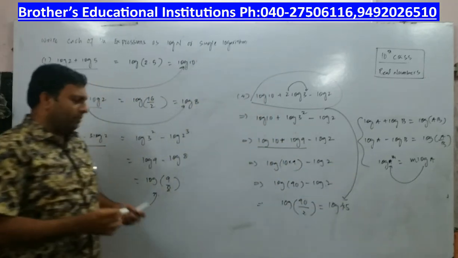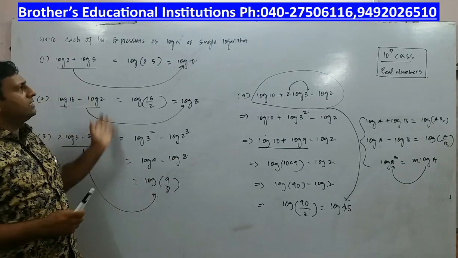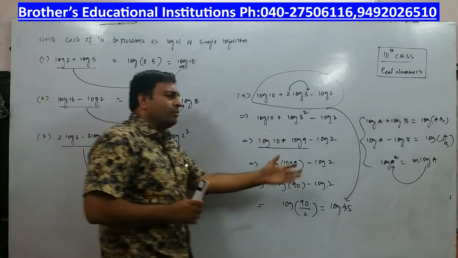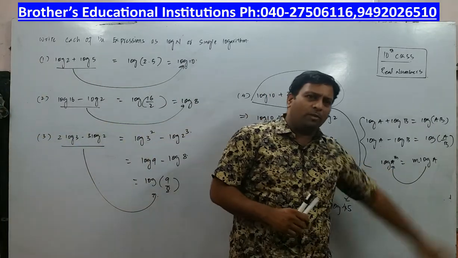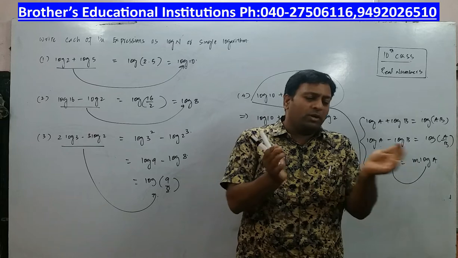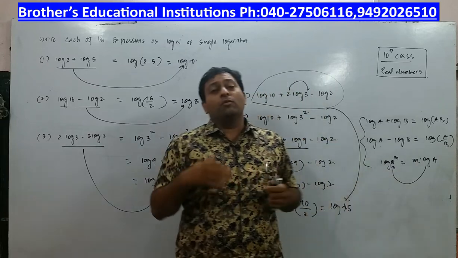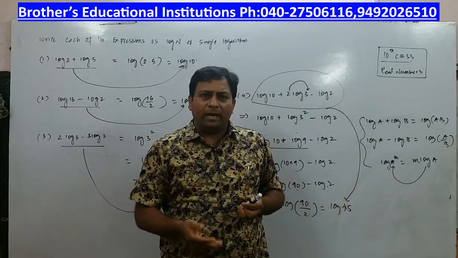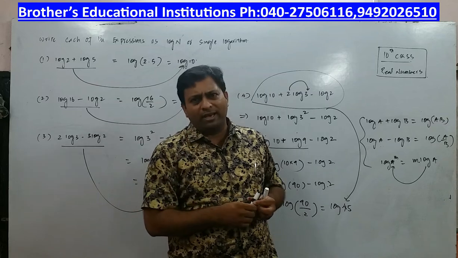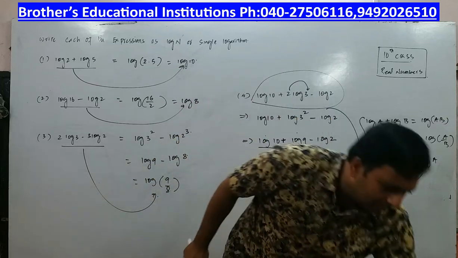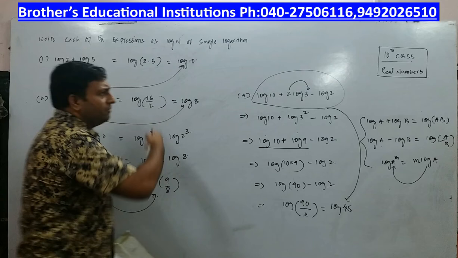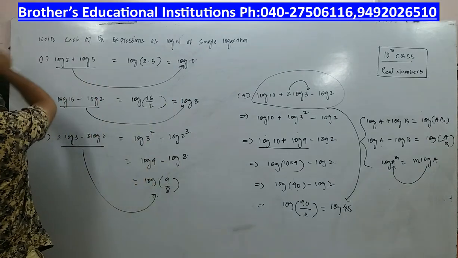So you could convert this entire thing into a single logarithm. That's what the problem is all about. You have to convert all these things into single logarithms. I'm sure if you are perfect with these formulae, you can understand how to convert this into a single logarithm. Now we will try to take one more numerical so that your concepts are more clear in the topic called logarithms. You can pause the video, you can copy these things. Alright.